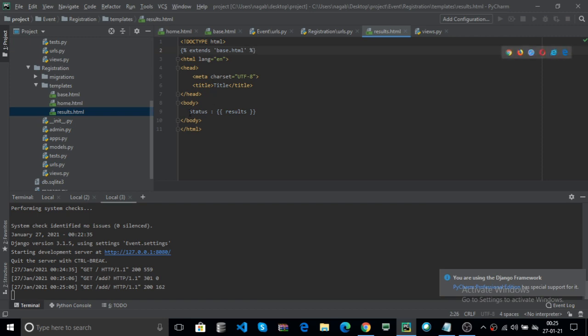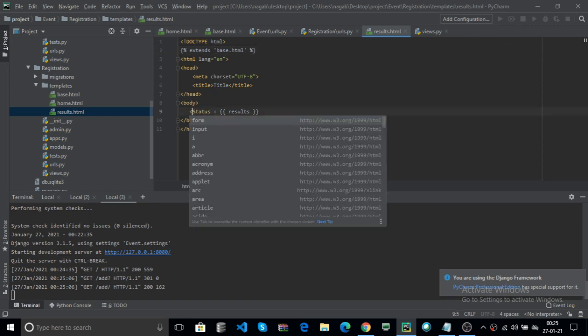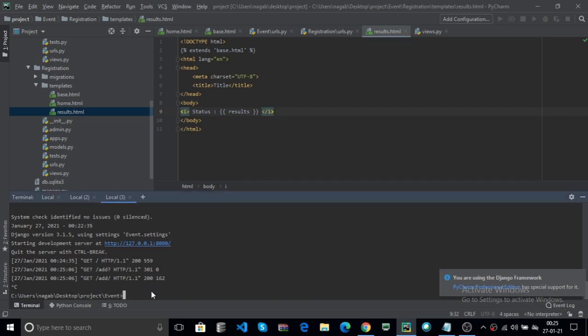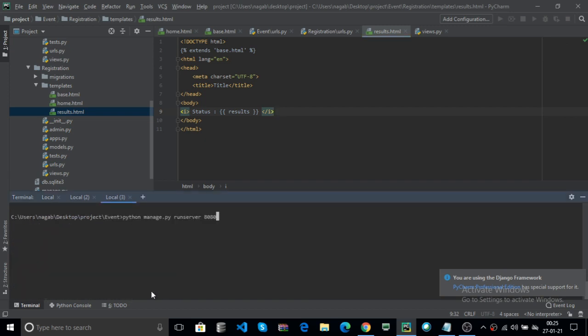Now here you can also use h1 data, bold data, italic data. This is the italic data. Now you can save your file. Here Ctrl+C, you can freshly run your server with 8080 port. Here open your server.